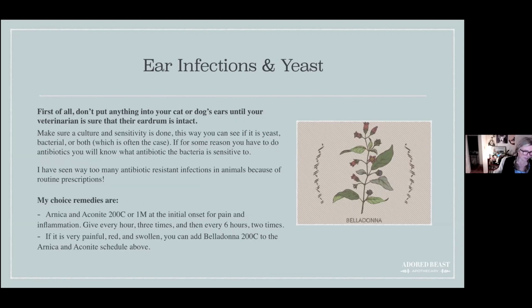Okay, ear infections. Ear infections and yeast. First of all, please don't put anything in your cat's or dog's ear until your veterinarian has made sure that their eardrum is intact and they don't have a ruptured eardrum. When you're at the vets, make sure that they do a culture and a sensitivity. This is really important. This way they can find out whether it's yeast, bacteria, or both. And if for some reason you need to give them antibiotics, you will know what antibiotic that the infection is